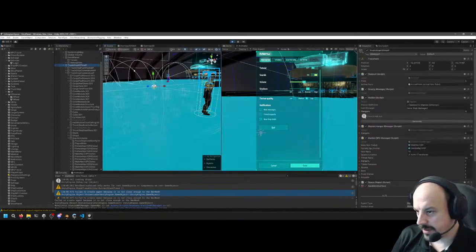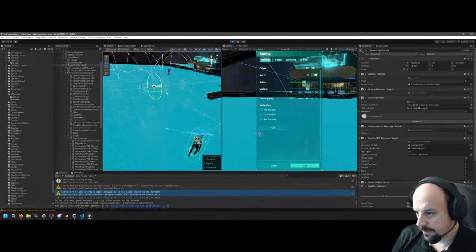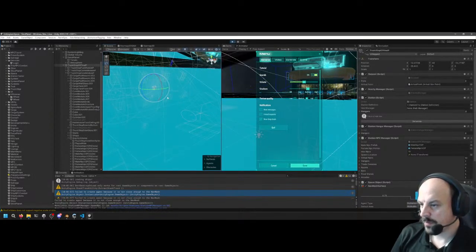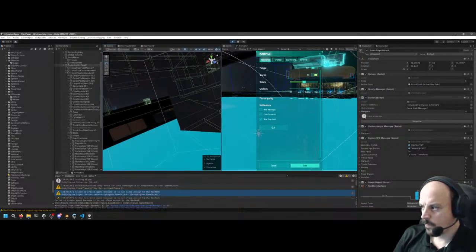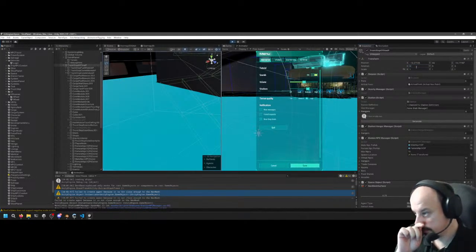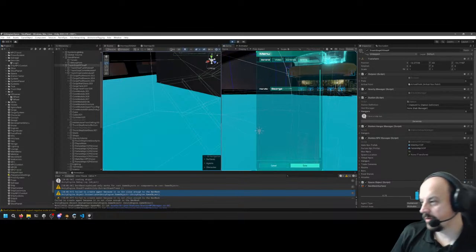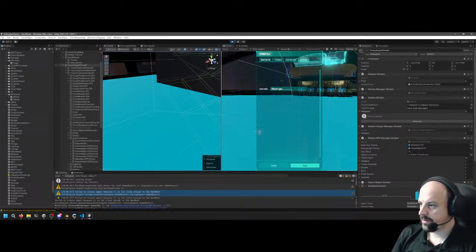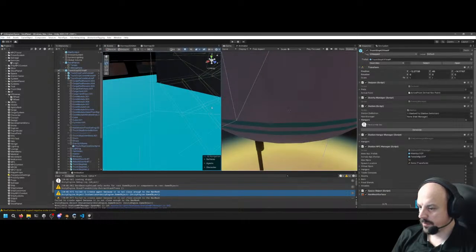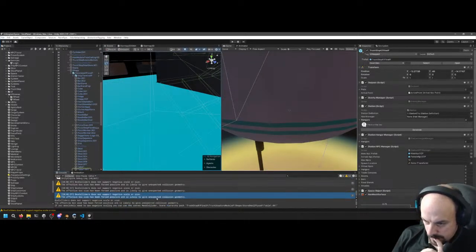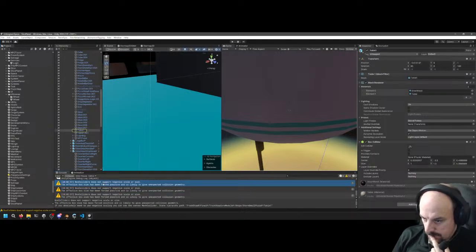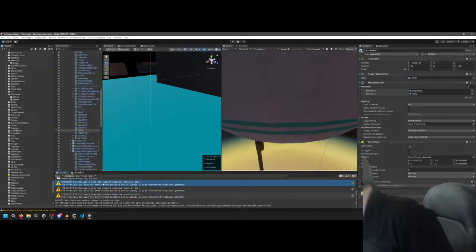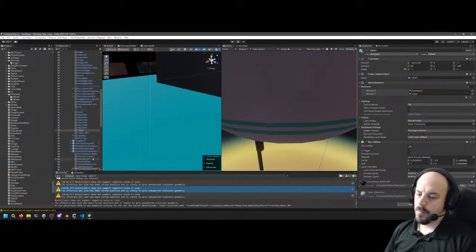And she's obviously on the nav mesh because we can rotate it. Okay, and now this is working. And this thing.